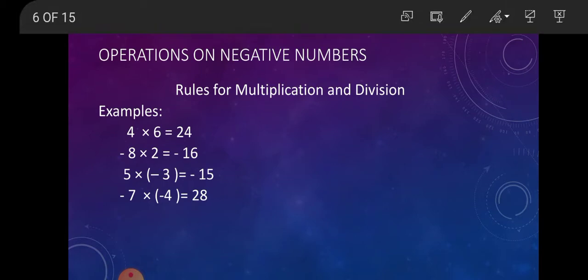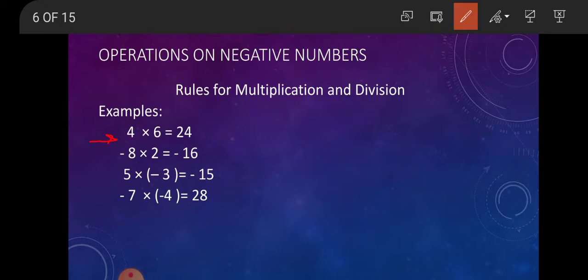Here in the first example, you can see on the left hand side, 4 is to be multiplied by 6. Now both the numbers are with the positive signs. So 4 multiplied by 6 is going to give us 24, means positive sign multiplied with a positive sign is going to give us a positive sign. The multiplication is done in the same way as we multiply the numbers. But about the sign, whenever a positive sign is multiplied with a positive sign, this gives us a positive sign